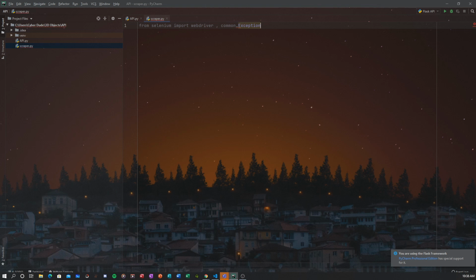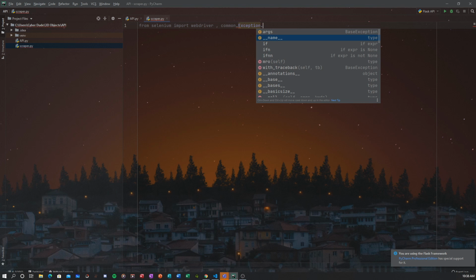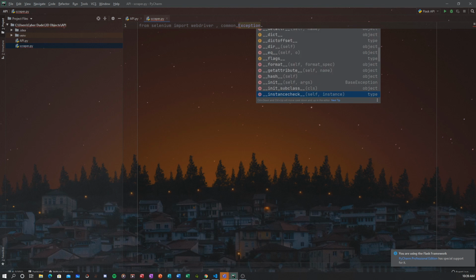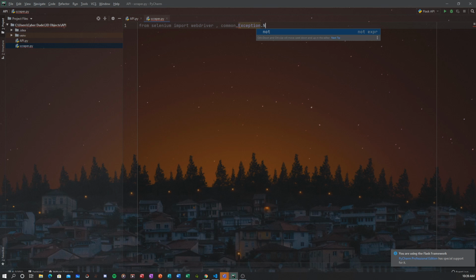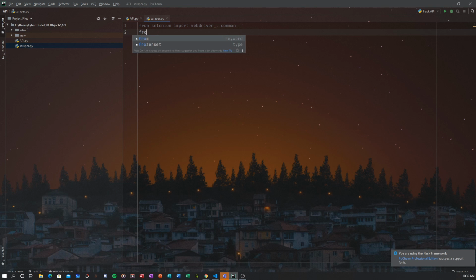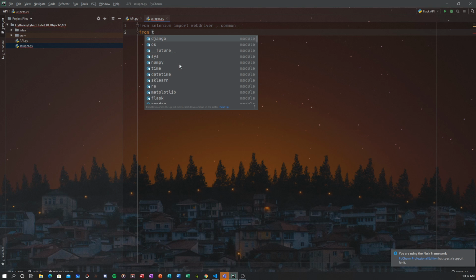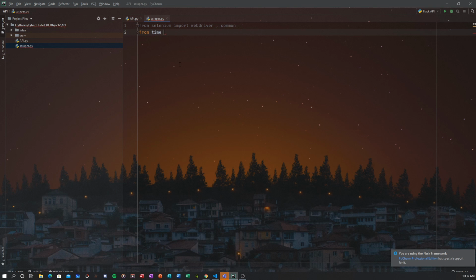Yes, exceptions, we have the no such. Okay, just import common. We'll need that for some error handling in case some of the data is not present on the website. And from time we're just going to import sleep for adding some delays if we need them.